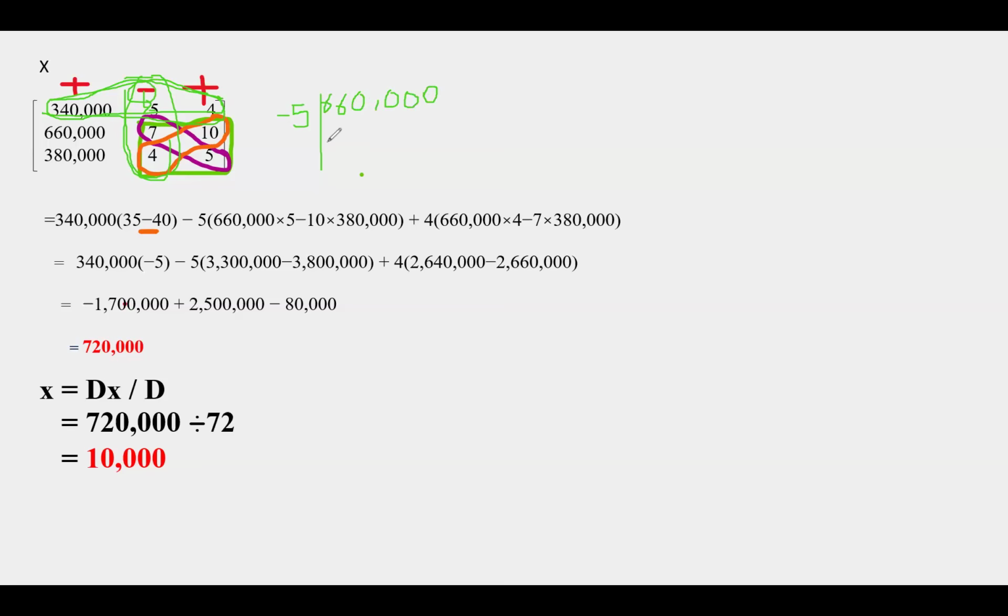All right. And then we're going to have 380,000. Okay. So remember, we're ignoring the values here and the values here. Please don't come and write 7 in this particular matrix, because now